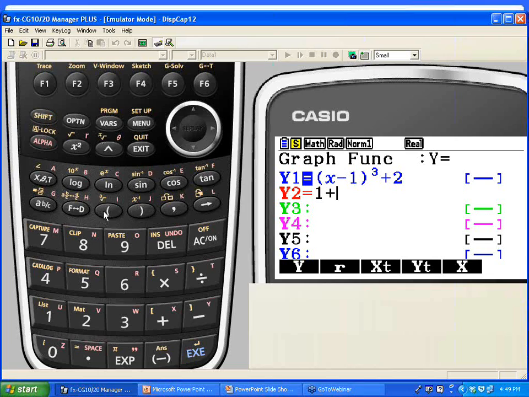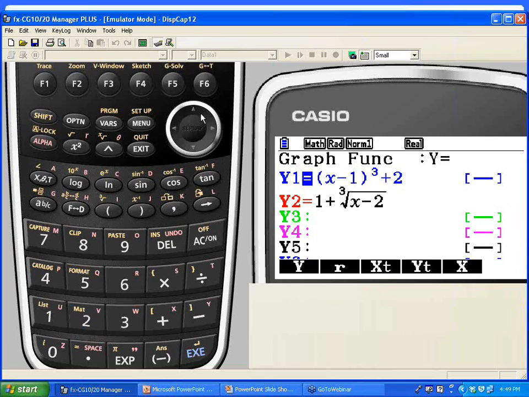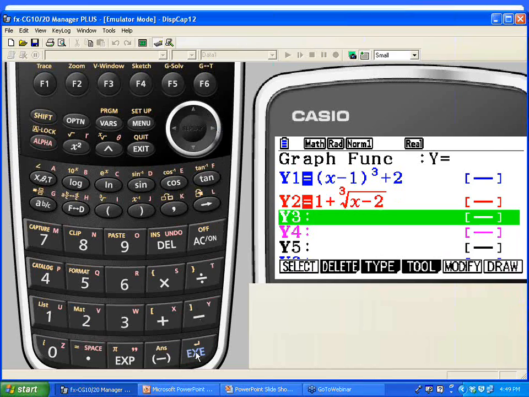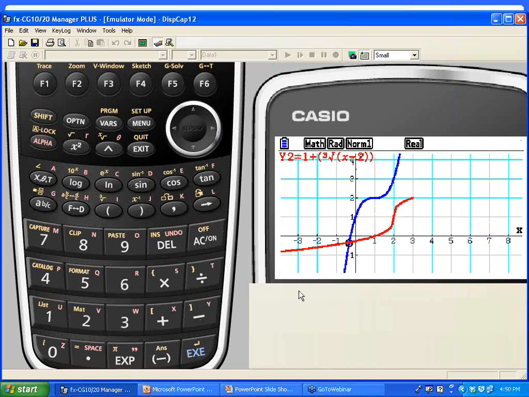Since cube root is actually defined on the keys, I'll just use the cube root and type in x minus 2, and I'm going to store that, and let's graph it now and see if this graph appears to lie on top of where we had the other graph. And if you had the ordered pairs written down from the first relation and its inverse, you can verify that this graph does pass through those same points.